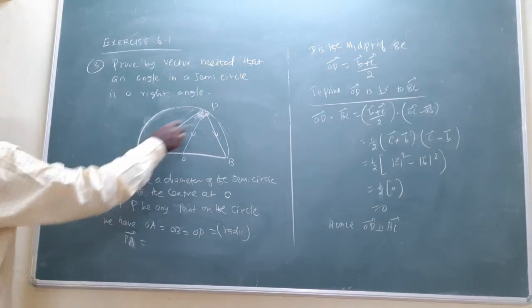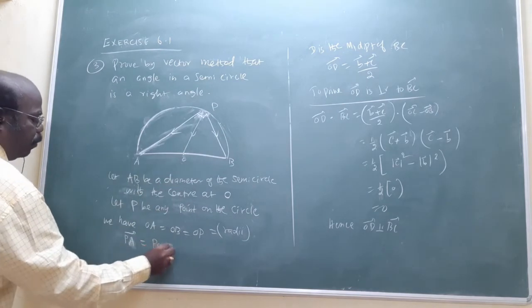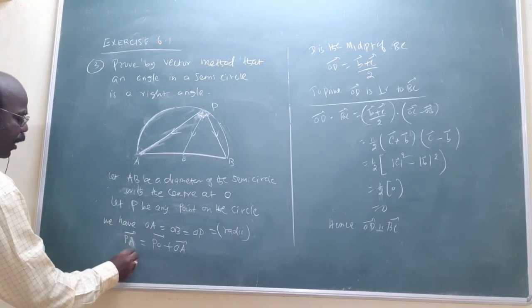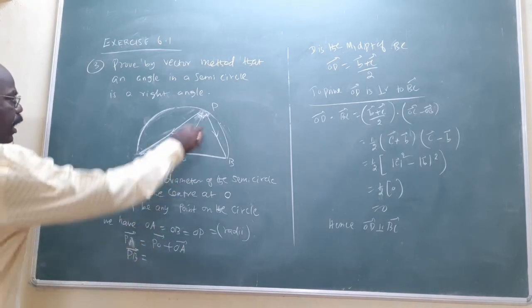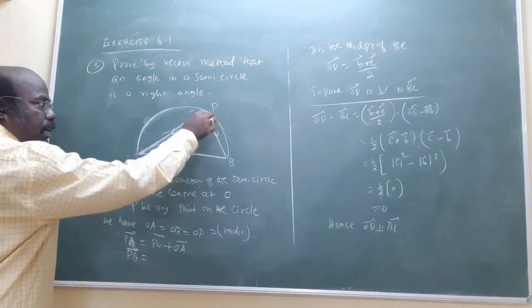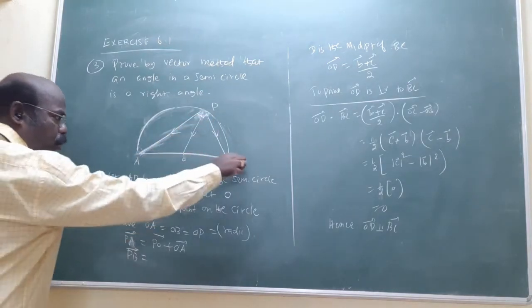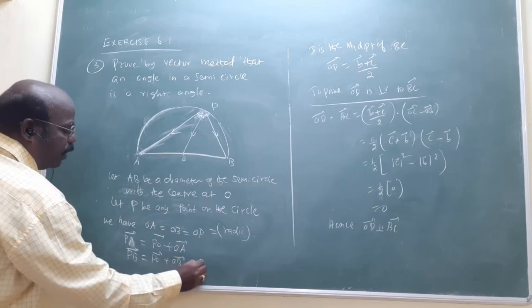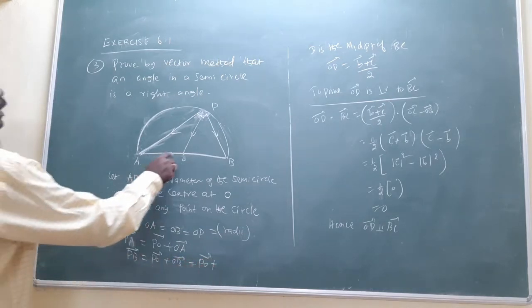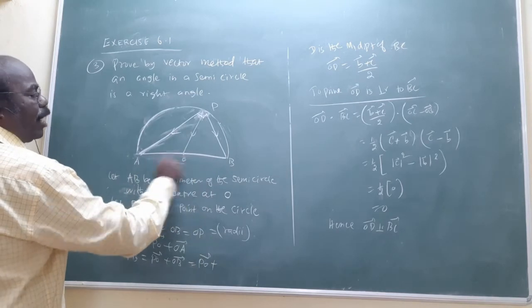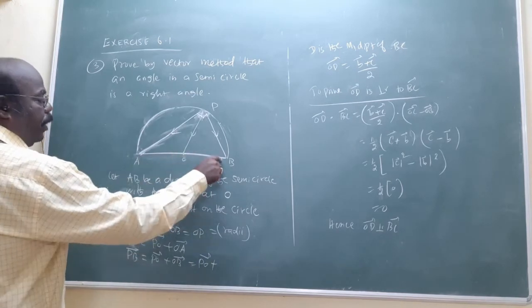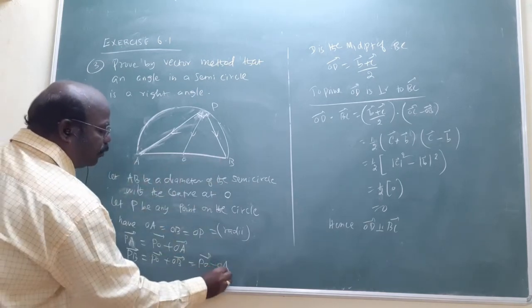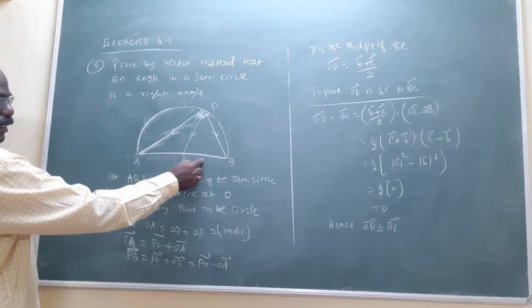Directly it's PA, you will find PO plus OA vector. This is a vector addition. Similarly, the PB vector equals from here to here. Another route, PO to OB. This can be done as PO only plus this, actually OA and OB are equal but in the opposite direction. Am I right? AO, OB. It's OB will be what? Minus OA. Am I right? Both are radii.